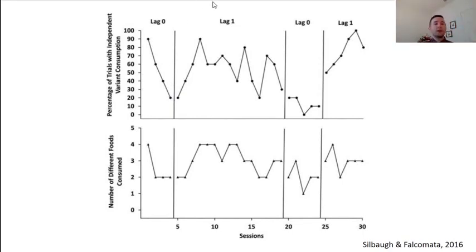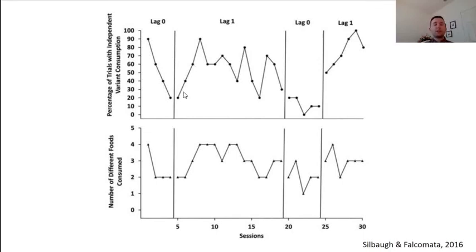Then we introduce a treatment condition. This is called a LAG1. In a LAG1, lag schedules reinforce variability. So the purpose of the study was to see if I can get the variability in consumption to go back up. And what I did was that